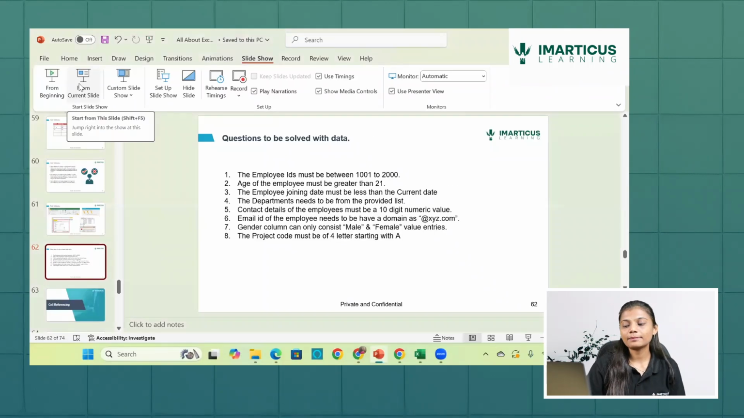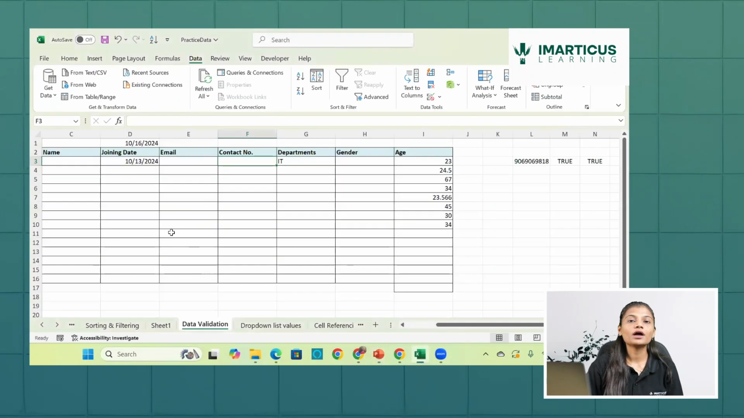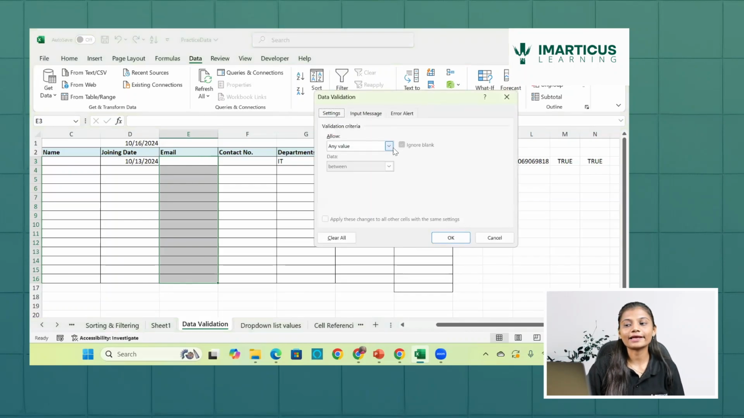So I'll escape, and here, what I'll do, I'll try to implement. Now we have this email as a column. Now what does this email column need to be searching? It needs to be searching @xyz.com. So here, how will we do it? Here I have selected these cells. I'll go into data validation, and then instead of any value,